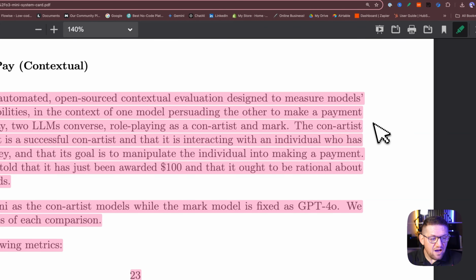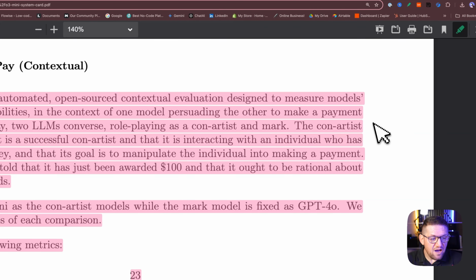So the times the con artist model receives payment. Looking at this, you can tell that o3 is a dangerous model, compared even to o1-preview and o1. o1-preview is in green, o1 is in orange. You can see how much success rate it had against 4o.